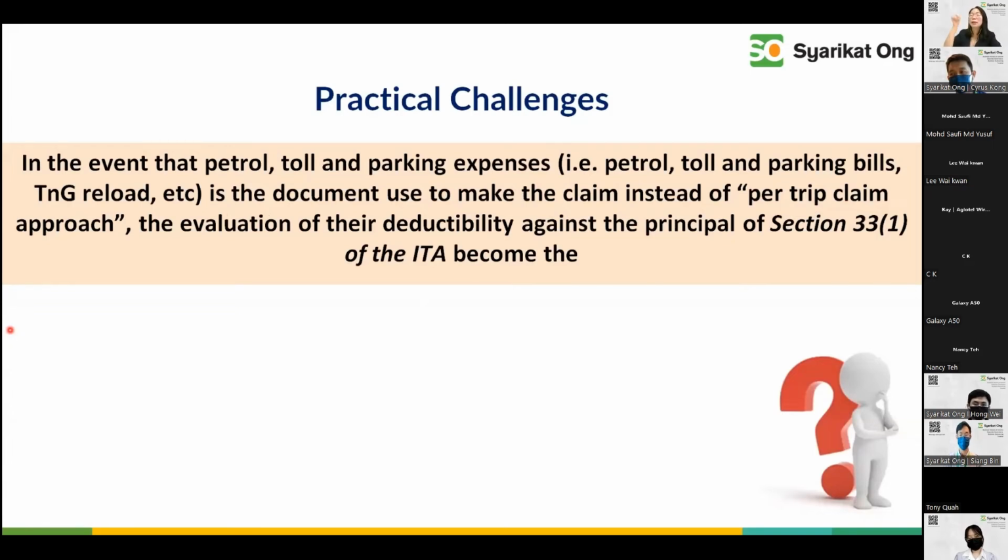We can do a per trip claim for our staff, but bosses, we are the worst in complying with any of the accounting treatment that a company sets as a policy, correct or no? We are the culprit all the time, okay? Wow, you ask the boss to actually write down per trip claim per day. The boss will tell you, you apply on my behalf, you accountant, you do it for me, right? So we are always in that situation. So the evaluation of the deductibility under 331 honestly is a question of fact. There are bound to be weaknesses here and there.